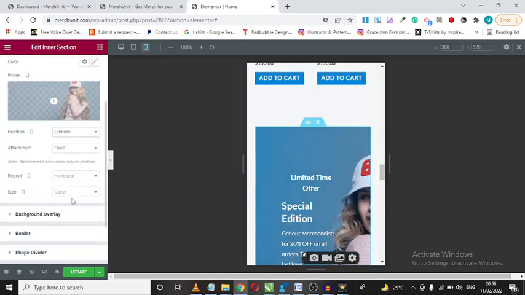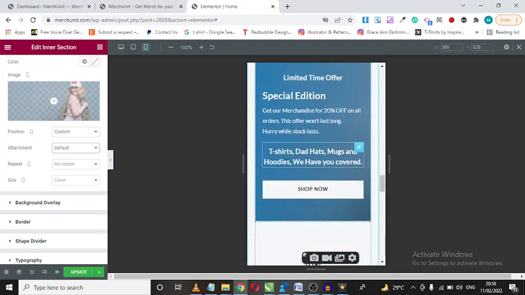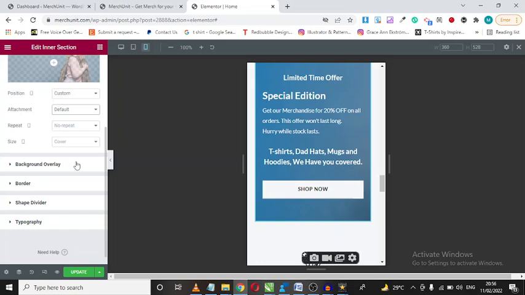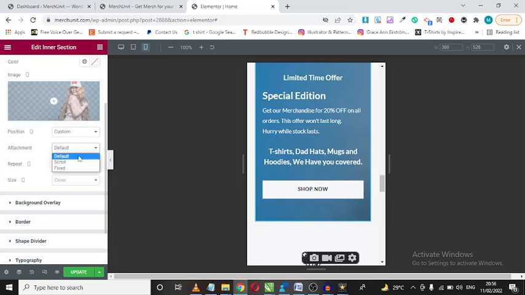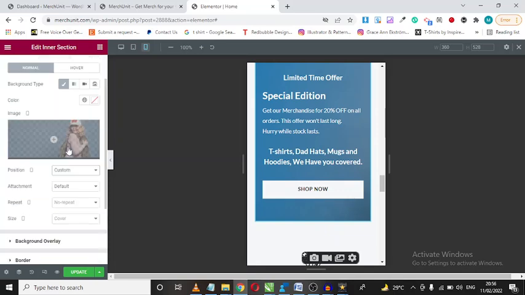I can come here and click the custom and change this to default. Okay, that doesn't seem to solve the issue. Okay, so we'll custom. Okay,